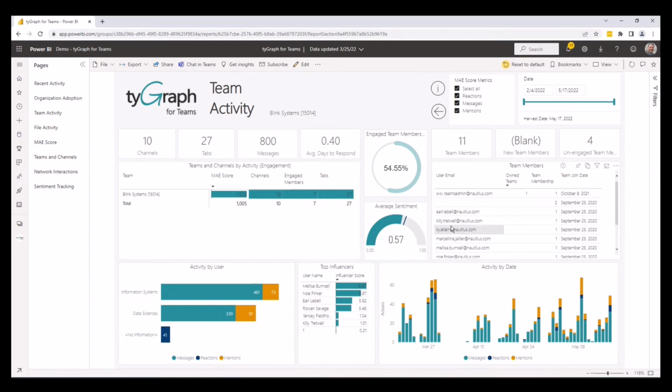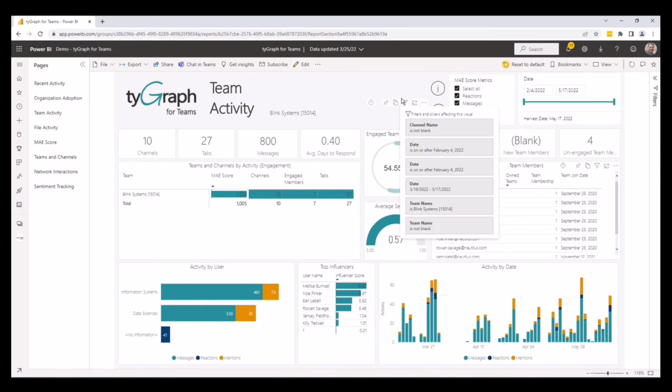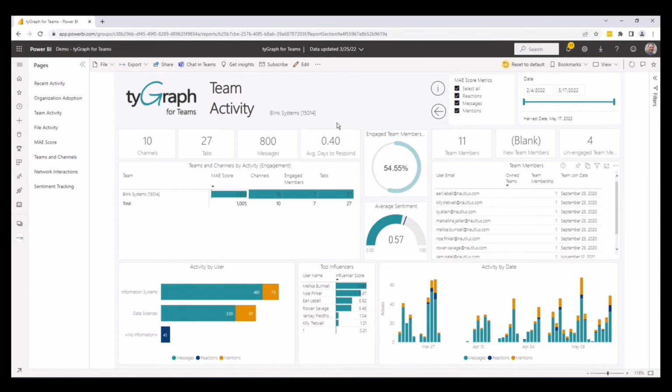We're looking at that team membership, and I can see I've got things like a service account in here that maybe I don't want to include with my reporting metrics. So I can just simply right click and hit exclude. Some blank data, again, this is demo data, so I might want to exclude that. The power of being able to use Power BI within my visualizations is being able to include or exclude data as appropriate. I can see the top influencers within my team.